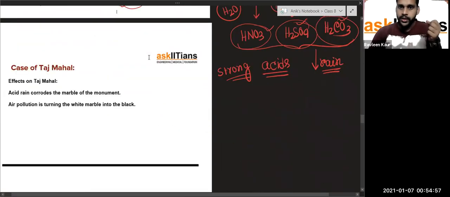It's a very simple thing, right? So these are the acids coming down with the rain, and they are harming our Taj Mahal. How is it harming our Taj Mahal? So what is happening is, you can see,